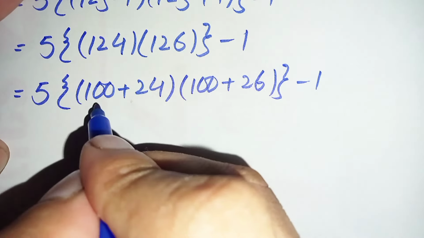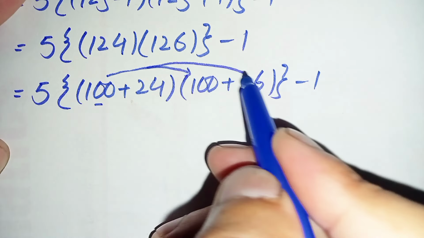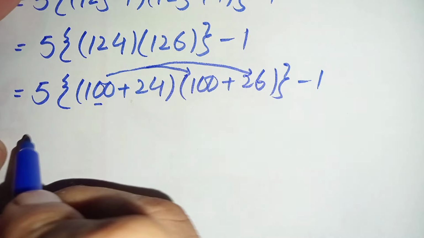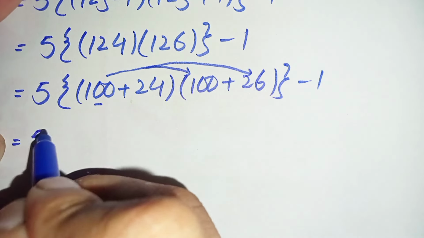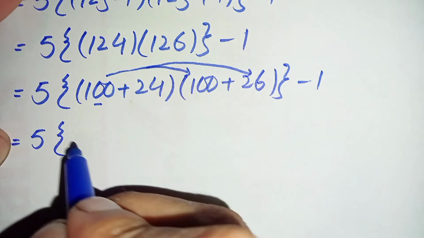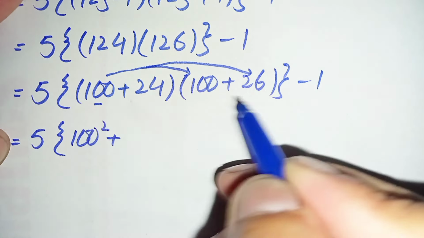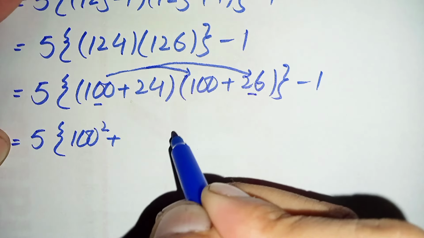Here first we multiply this 100 with these two numbers, first with 100 and then with 26, and then we will multiply 24 with these two numbers. So this will become 5 braces open, now 100 times 100 is 100 square,